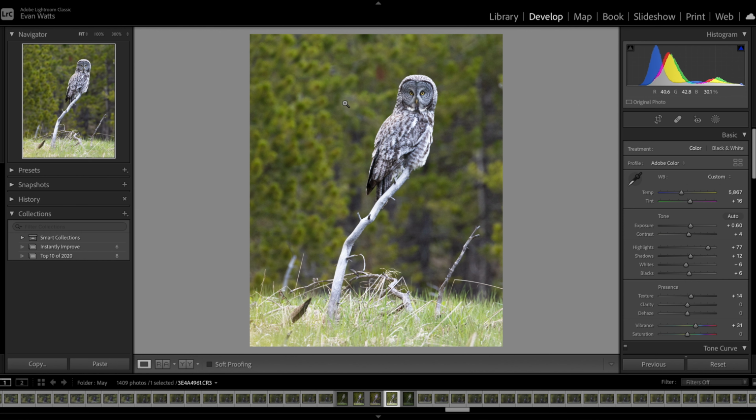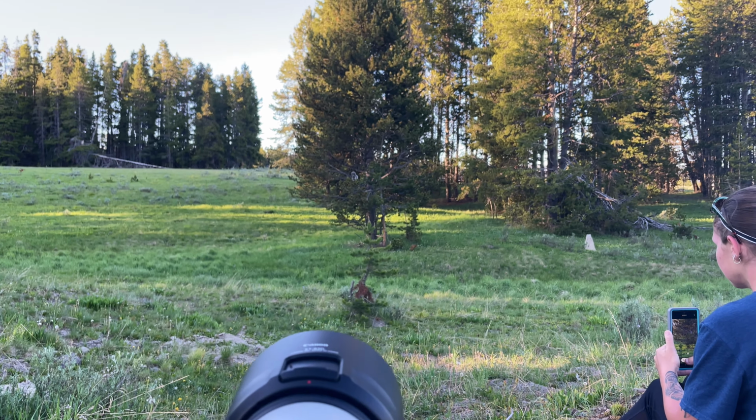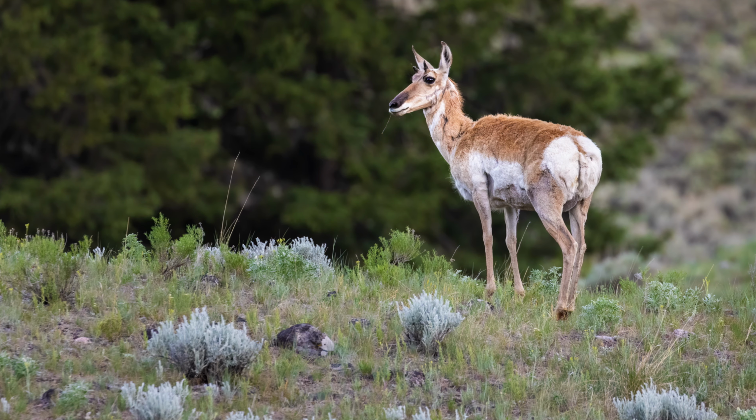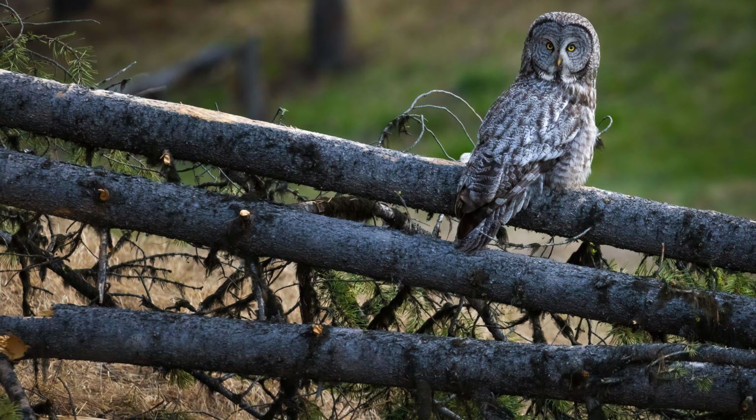Not to mention that your background here is not as blurry as I would really like it to be, and that is because I was shooting all the way up at f8 for this image. And unfortunately, I couldn't go any lower than f8. I was shooting on a 100 to 400 f5.6 with a teleconverter, so that put me all the way out at f8. So there was no way for me to get more of that shallow depth of field out of this image while I was out shooting in the field. And this is kind of off topic, but this is a problem that you will see in many of my